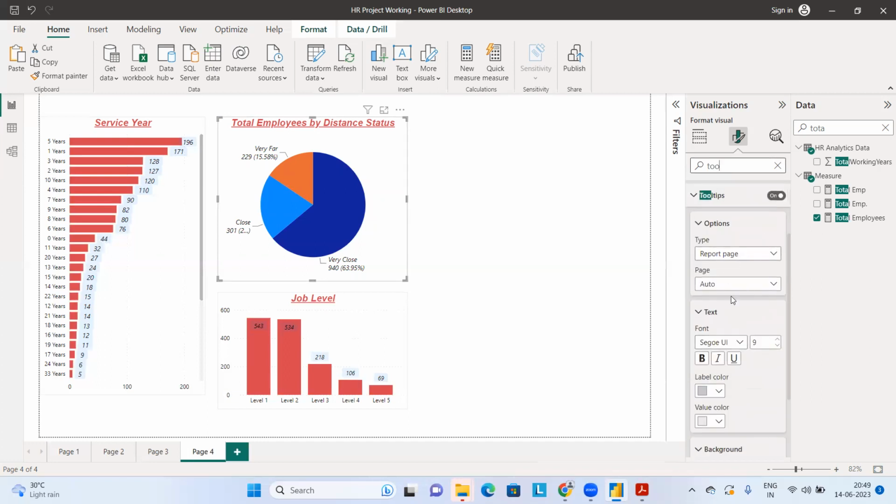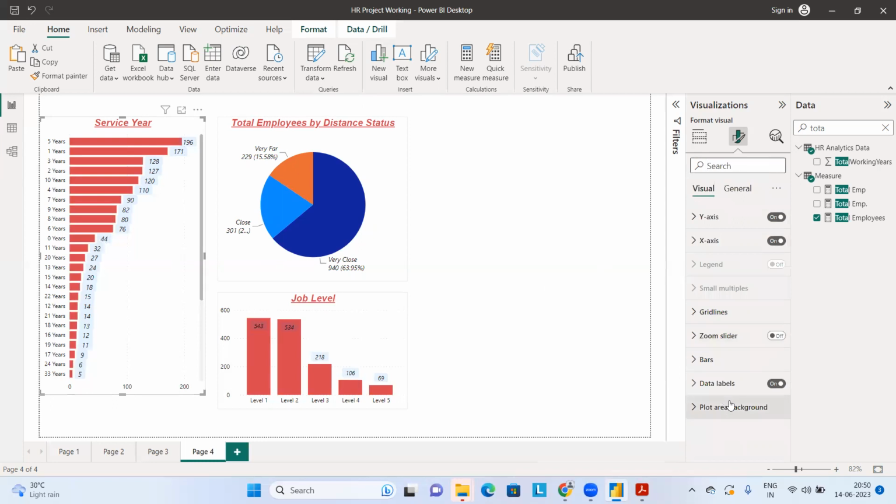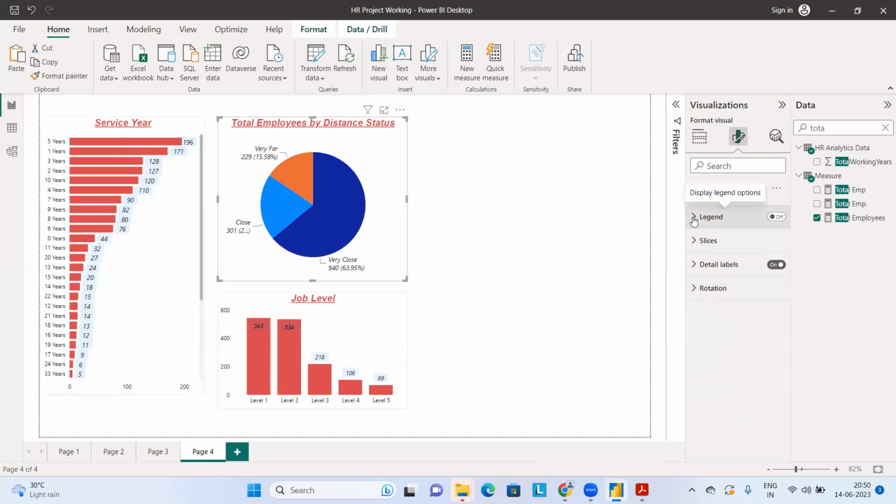Now you can see tooltip. Just a minute. Maybe this is not for every chart. Sometimes it's showing for everyone, but not this time. Click this, there is no tooltip option. Maybe